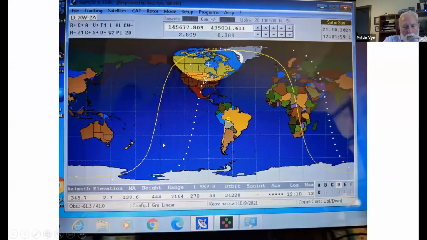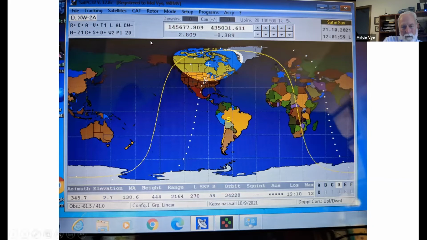Well, one of the numbers at the bottom of the screen is the range. That is, the computer is determining how far away the satellite is from us. And knowing how far away it is from us now and how far away it was from us a certain time ago allows it to calculate the velocity at which the satellite is approaching us. Knowing that velocity and the frequencies that we're on, it can calculate the